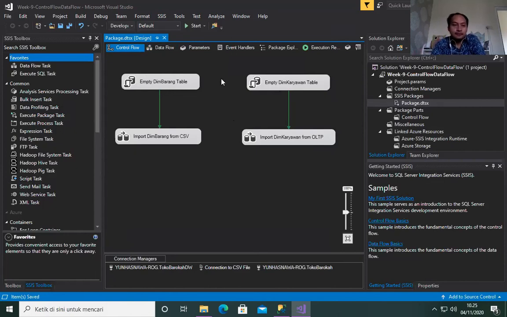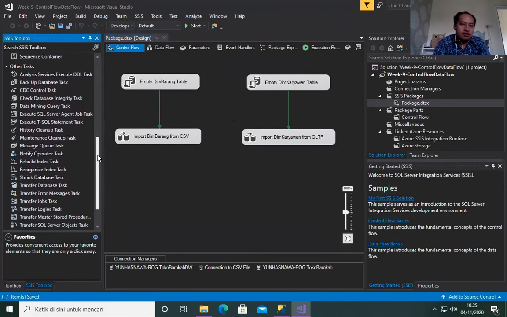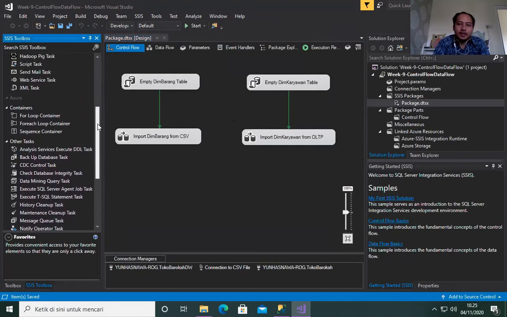A container is an element of our control flow that is used to group our tasks into a particular group. We have three kinds of container, actually two: sequence container and loop container.